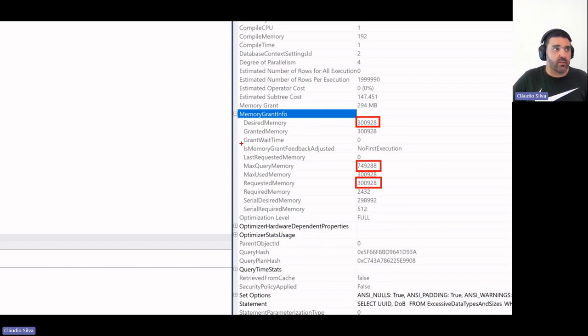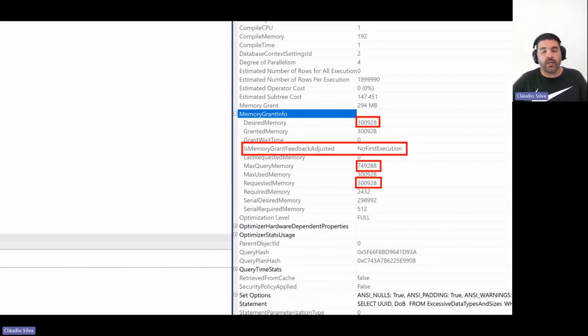If you are aware, there are some new features with in-memory, the memory grant feedback. In this case, just to show the point, I'm using the option recompile, so I get a new plan every time I run.